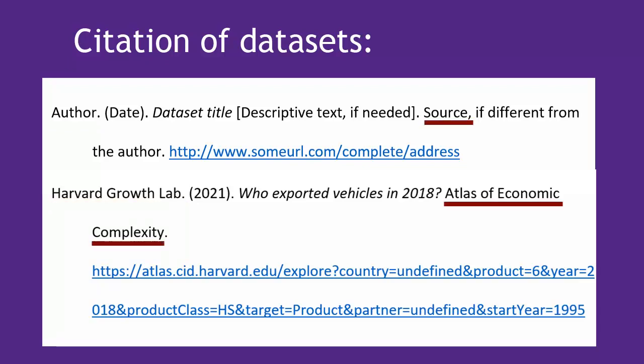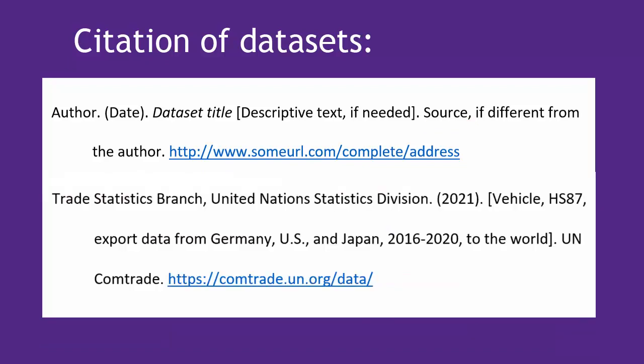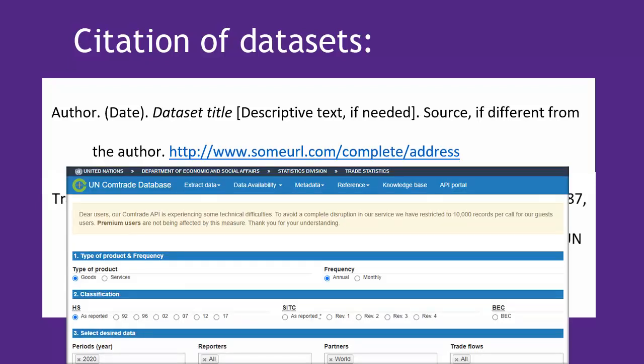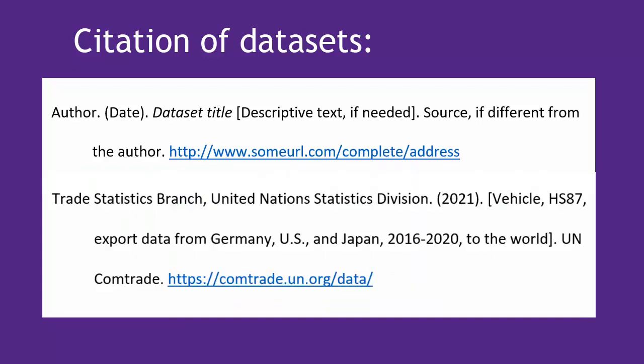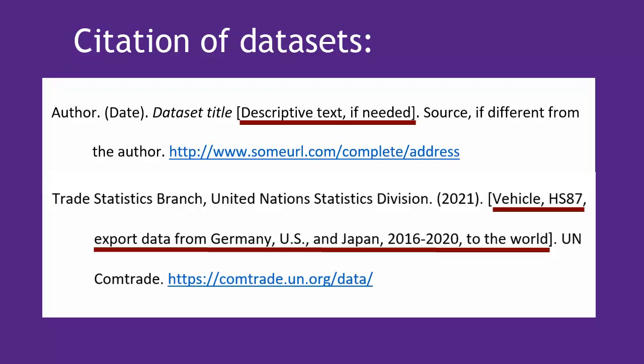Source can be thought of as who or what organization or database is responsible for publishing the data or the web page. Citing UN Comtrade is a little more complicated because we worked from this data download page, but it doesn't have any useful title that tells your reader what data you retrieved. So in that case, APA 7th edition says to include a description of what data you pulled in square brackets and non-italicized like this, so that the reader can go to the URL and retrieve the same data you did.